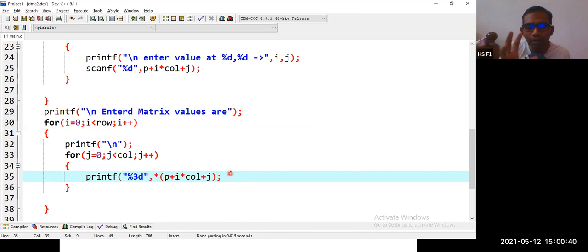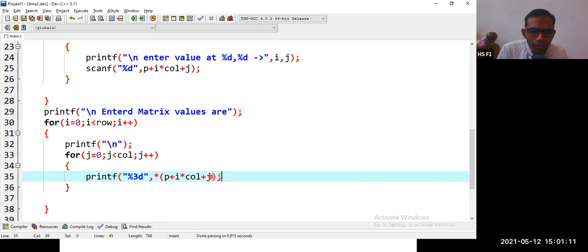Don't worry now, maybe you're not going to do all these things even in your next semester where data structures is explained. This is at the highest end I am explaining, because these kinds of things you may get in placement drives. Malloc, calloc, realloc, we discussed, that is enough for that. Now this p plus i into column plus j, all these things you can see in placement drives. That's why I'm explaining here.